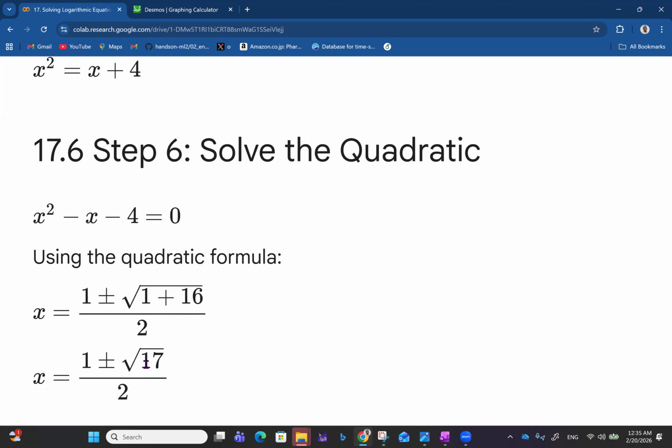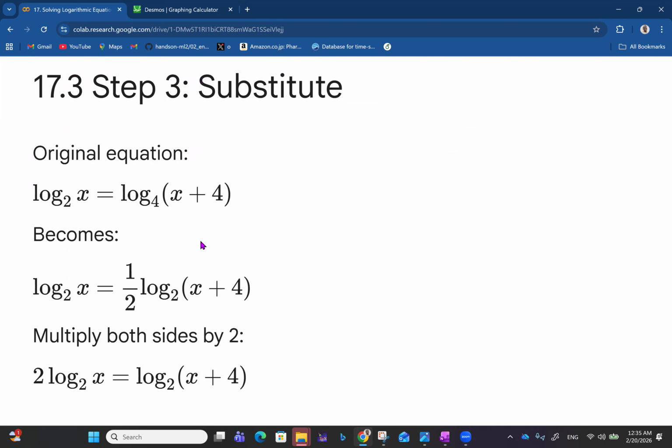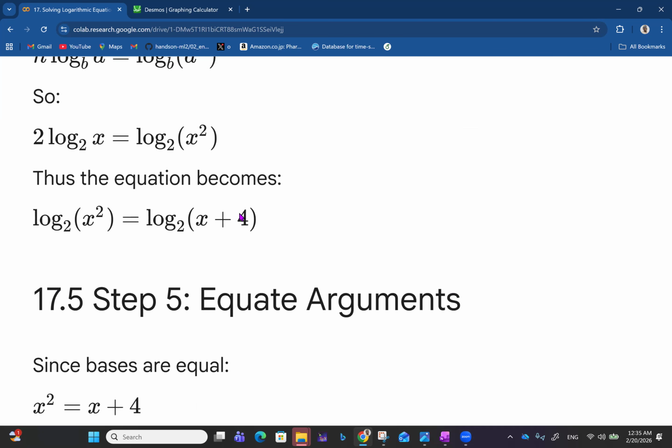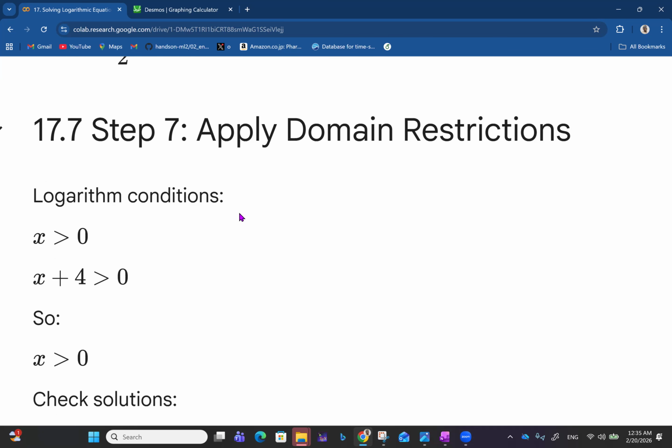Okay, but did we have to do a domain restriction? I think domain restriction is still important. We'll have to do domain restriction on top of this, on the original thing. x should be greater than 0 and x should be greater than minus 4, but x greater than 0 is stronger. So, but I mean, we have that, right? So let's go and apply domain restrictions. Okay, I think I was ahead of myself. So here,